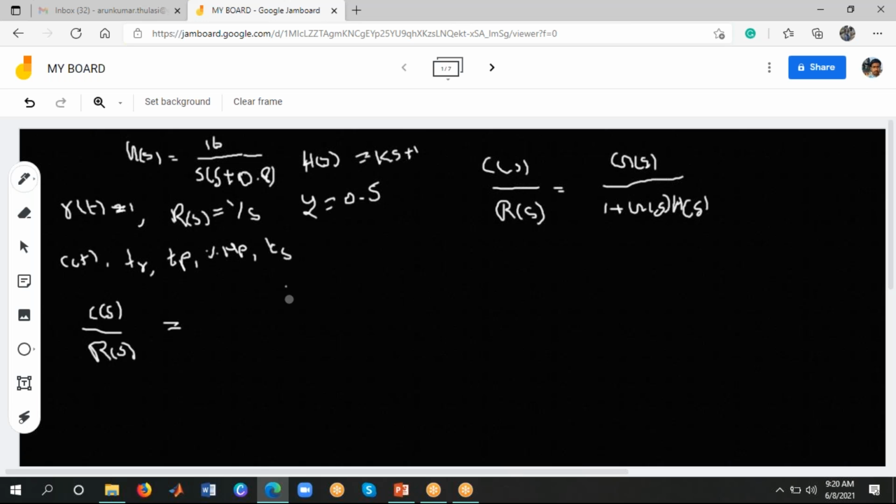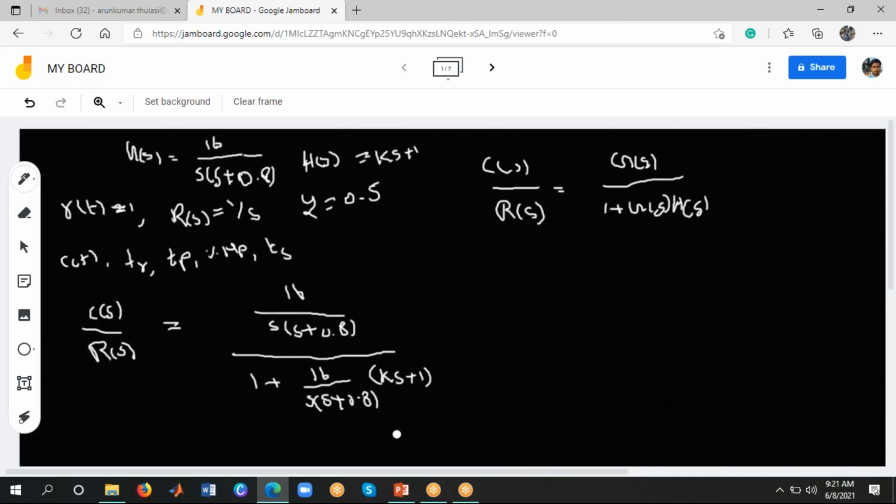Directly I'm going to write that transfer function after simplification. So 16 divided by s into s plus 0.8, divided by 1 plus 16 divided by s into s plus 0.8, into ks plus 1. Now, if you simplify this, you will get 16 divided by,